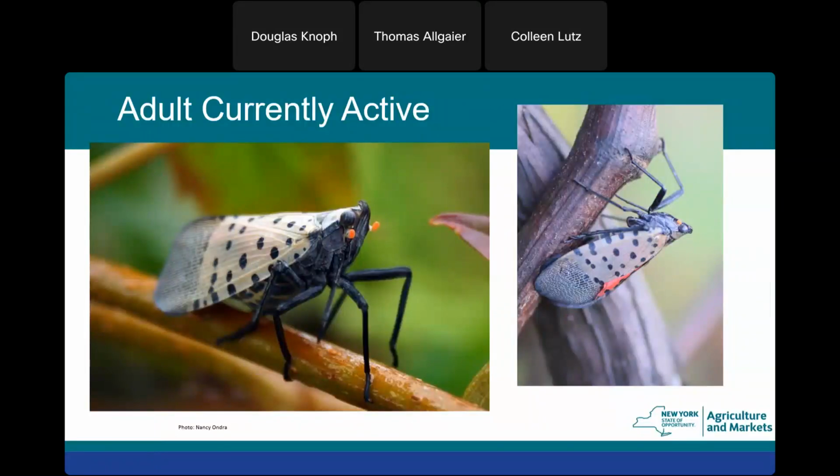So as I mentioned, the adults are still active. You're more likely to see them like this, the side profile view, where the wings look slightly pinkish because the hind wings are red. The fore wings are translucent, and they have the little gray wings with black dots. They're really beautiful insects, and when they open up their wings, it's the typical butterfly look that everyone sees. But when their wings are folded, you can see that red kind of shine through a little bit. They're actually very beautiful little insects, but they're very destructive. So, next page.